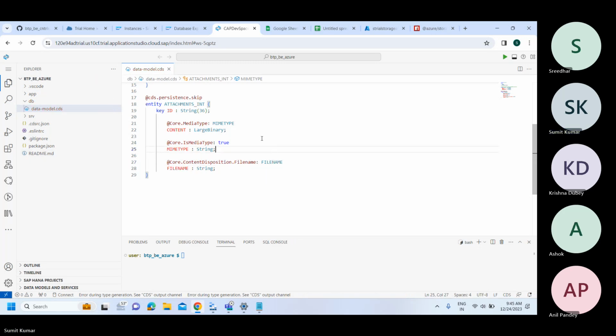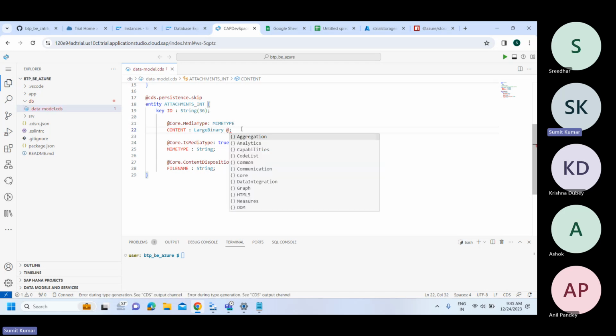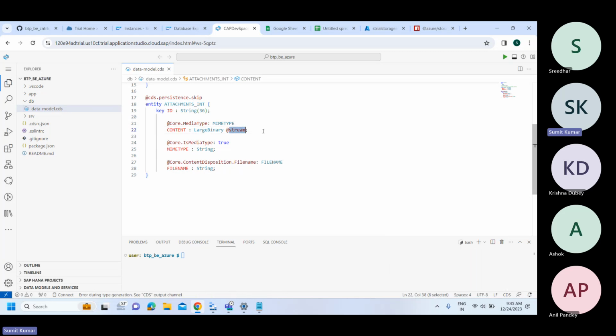Okay. There is one more annotation you would see sometimes, where content can also be marked so that we know that this is stream kind of data. You would see this used many a time. It does not have much impact, but your content is flagged as stream data. Okay. Now I have used this. After that,